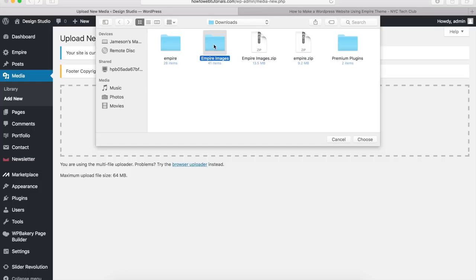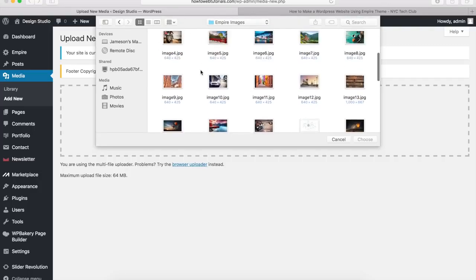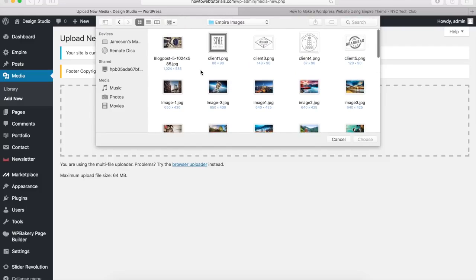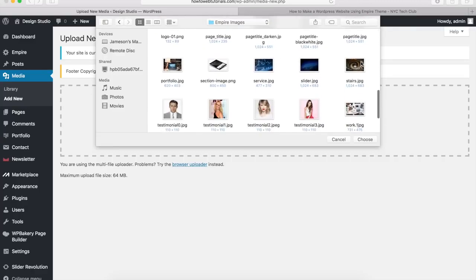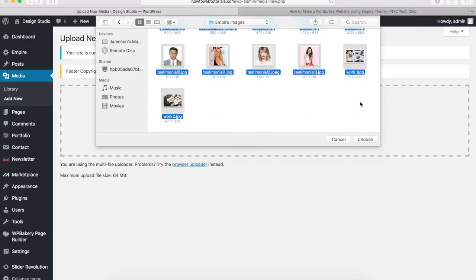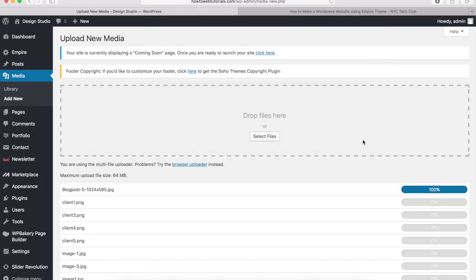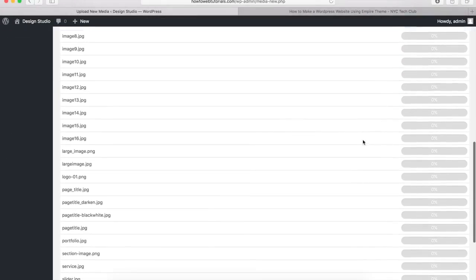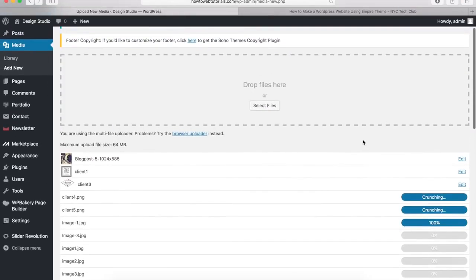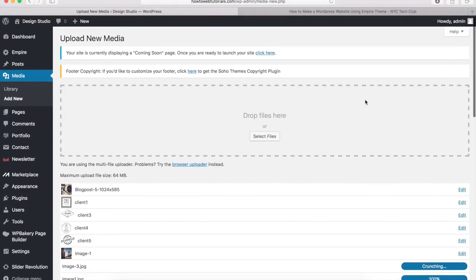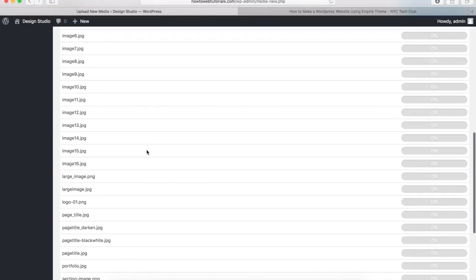And once you have the folder, we can open this up and you can see all of the demo images right here. So what you can do is click on these one by one and upload them, or you can select them all at once and upload them all together. So that's what I'm going to do. I'm just going to select everything, and once everything is selected, I'll just click on the choose button right here, and everything should start uploading. So we can also upload images one by one, and I'll show you how to do that as we make our pages. So let me let everything upload right now, and once it's all done, we'll move on to the